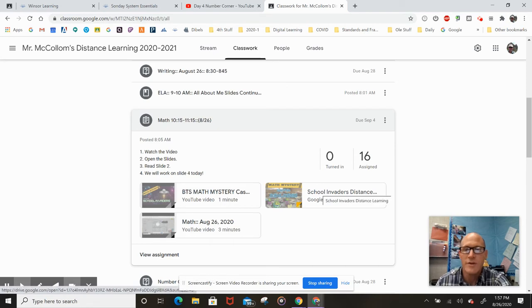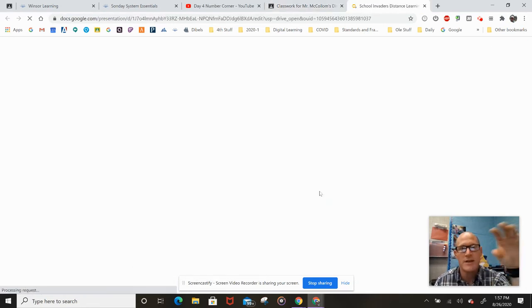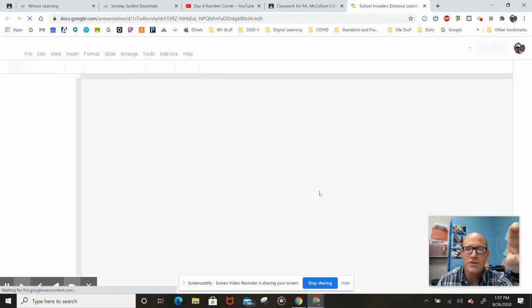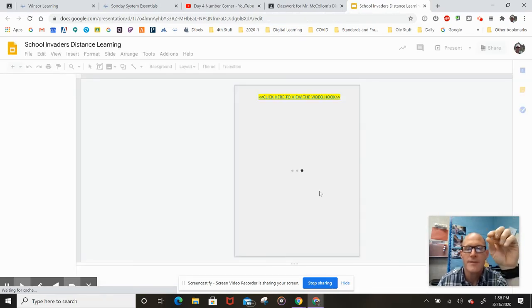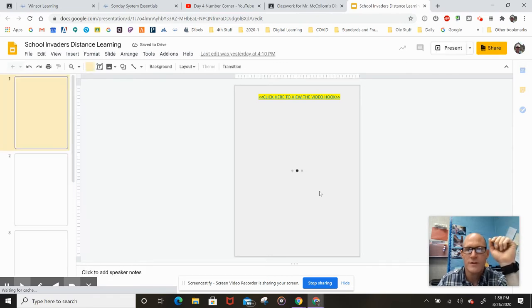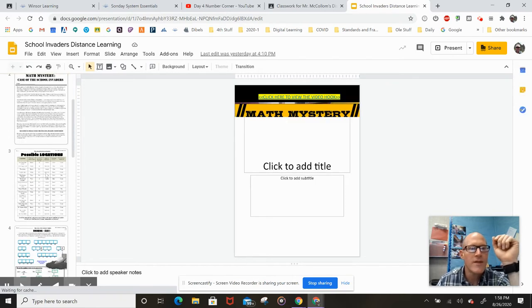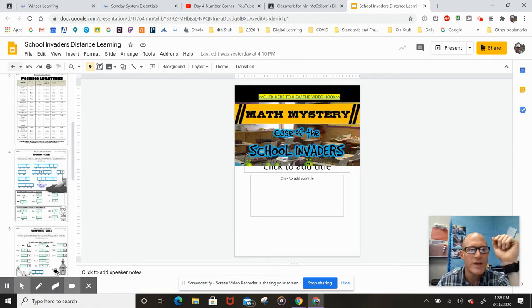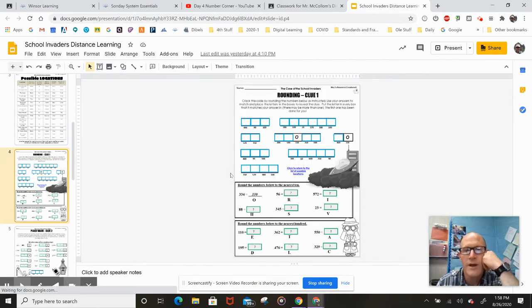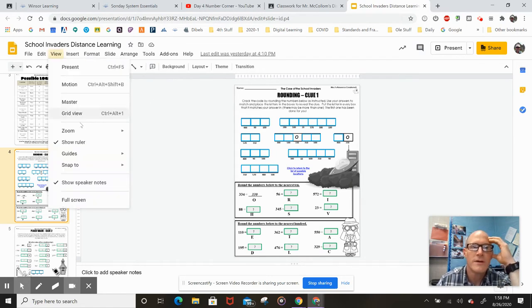All right. So School Invaders Distance Learning Worksheet, we did a rounding exercise yesterday, right? We did some number rounding, and we're going to do a little dance as we wait for this to open up. All right. And then some of you, this is the page 4 that we were working on. We're working on rounding numbers to the nearest 10 and rounding numbers to the nearest 100. Some of the questions I got were that it was too small to see. So what you can do is hit View and Zoom